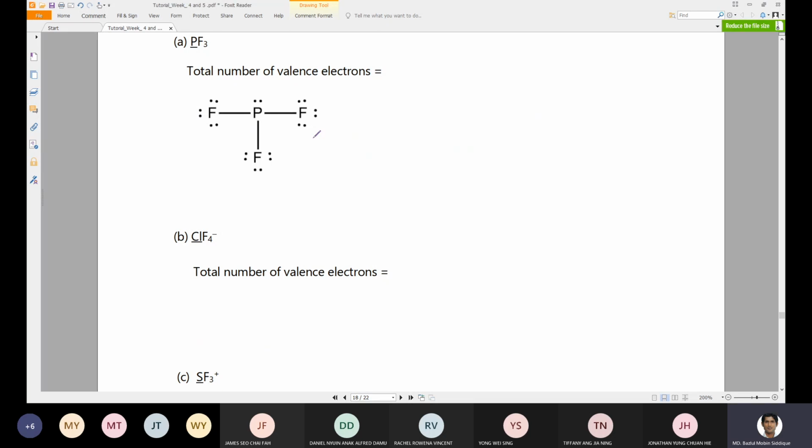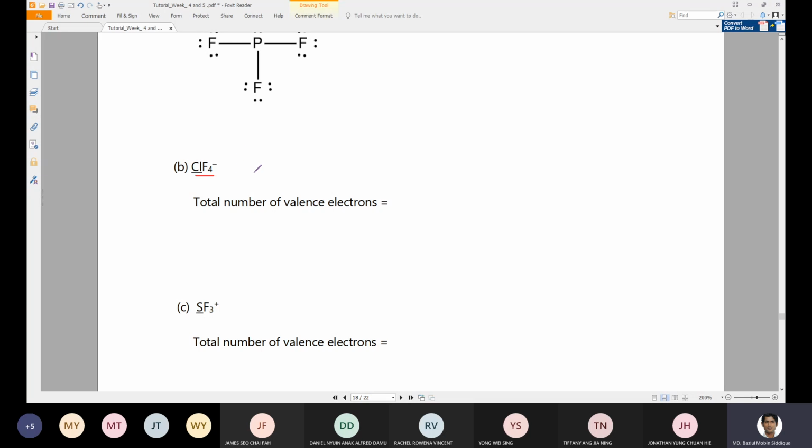So altogether, if we search from the periodic table and see which group of them, we know that fluorine is... phosphorus is from 5. Yeah, phosphorus is 5 group, so it is 5 plus 3 times 7, right? Fluorine has 7 times 3, so altogether 26 electrons are there, and this is the correct formula for